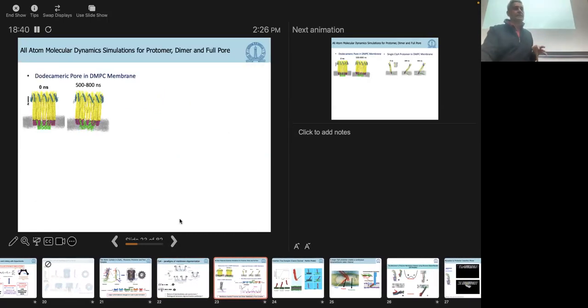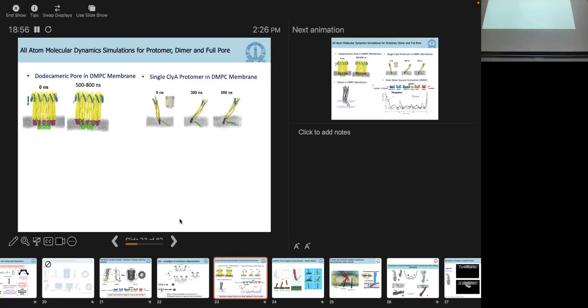So let me start with some all-atom MD simulations that we initially carried out. From the crystal structure, you assemble it as per the crystal structure, and then you run a simulation. We've run these for up to a few microseconds. It's essentially to show you that the structure you've got is stable and that the force fields we're using to study the interactions are reasonable. This is a single monomer in the membrane. When you run these simulations, the single monomer remains in the membrane. Of course, we started with the fully formed pore-like state. They remain in the membrane, but there's a lot of motion taking place.